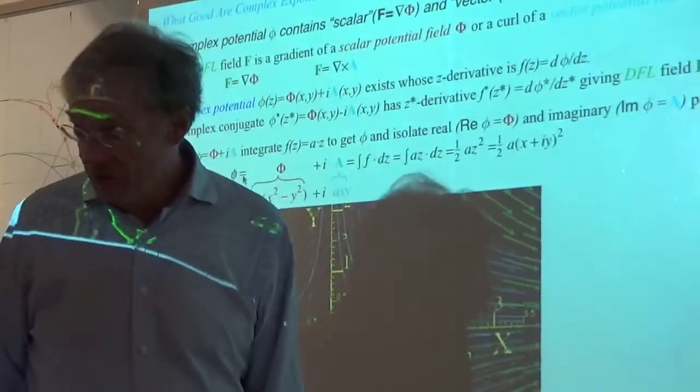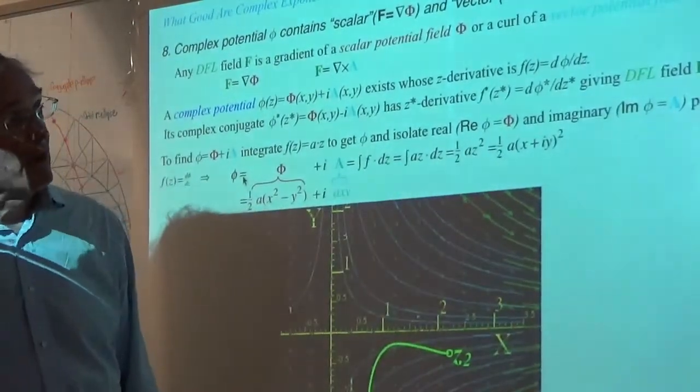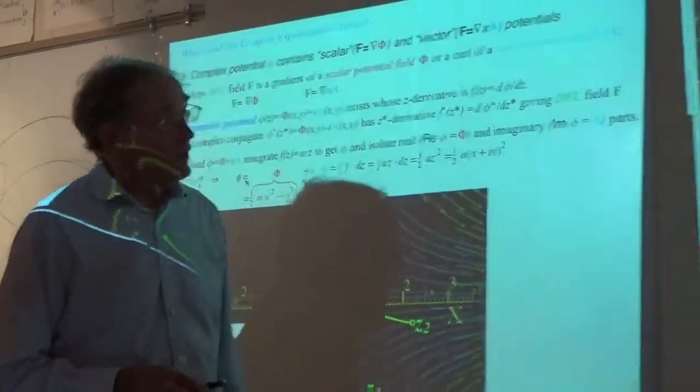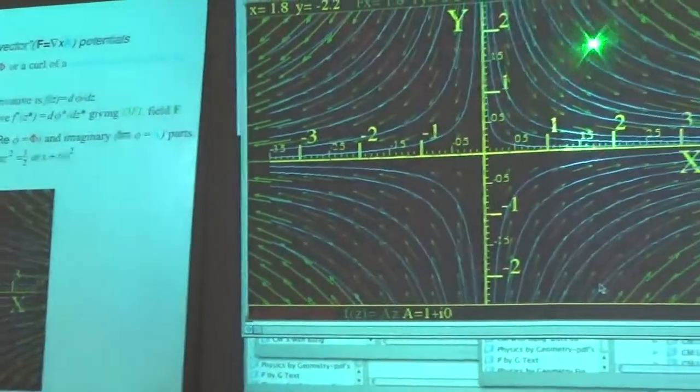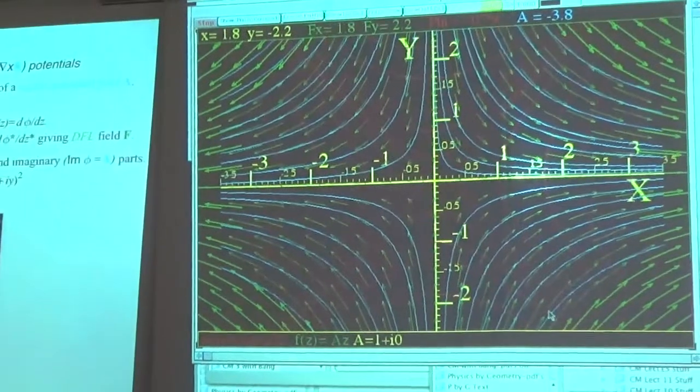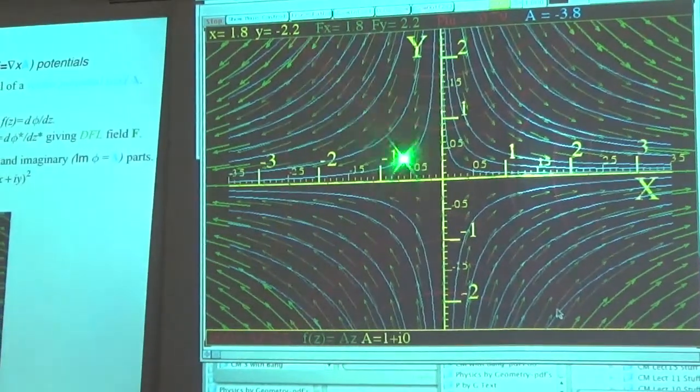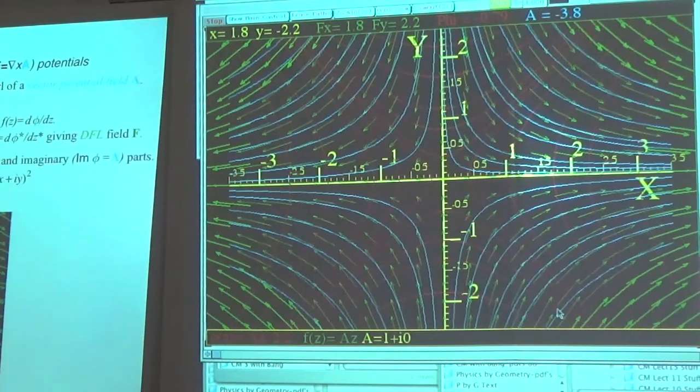The scalar potential uses the 45-degree lines as asymptotes. As you can see, there's a 45-degree line going right there, all the way down through here.